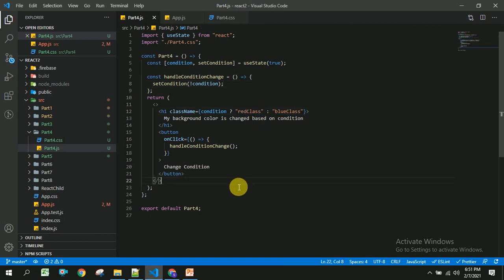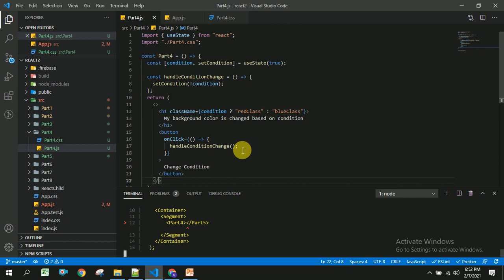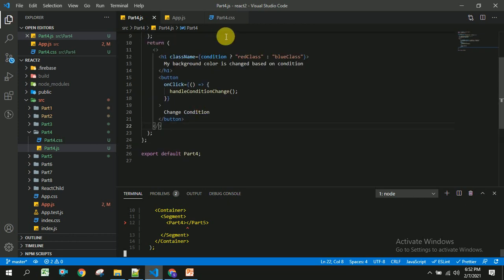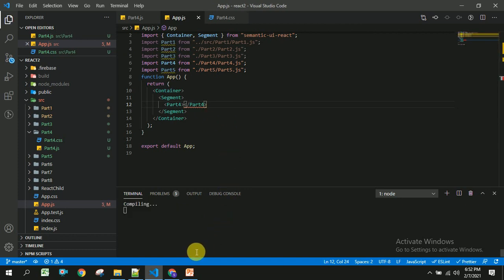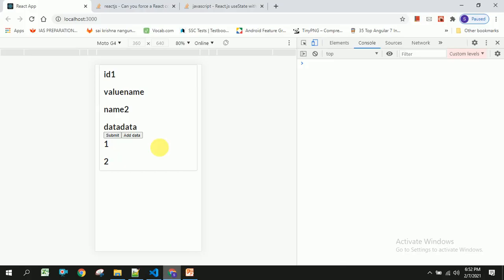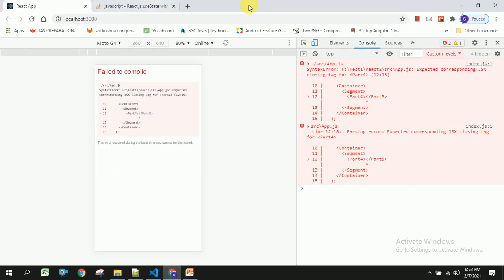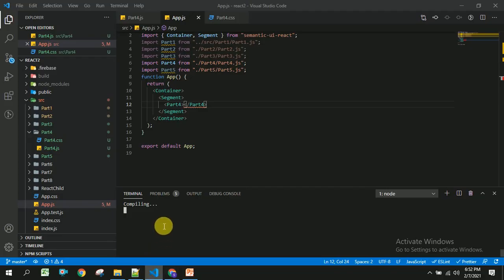So let us verify whether it's working or not. In app.js, we forgot to mention part4. Let us save this. It is compiling.